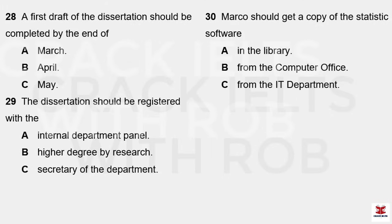Okay. Then, to analyse your statistics, you're going to need some suitable software. If I were you, I'd drop into the computer office and ask them for a copy. Right. So, if I revise my outline, can I...